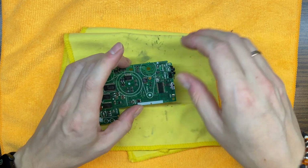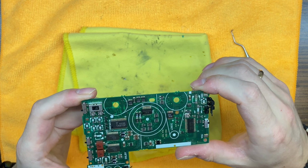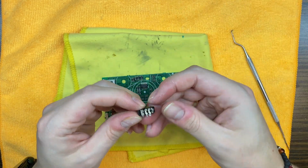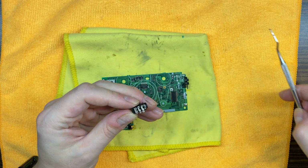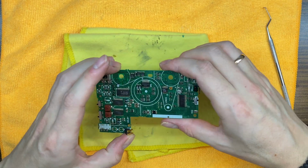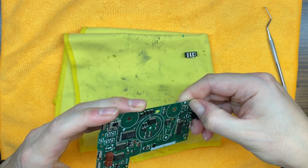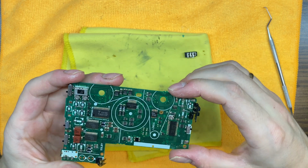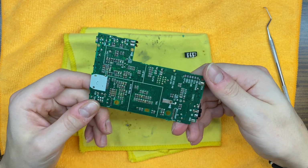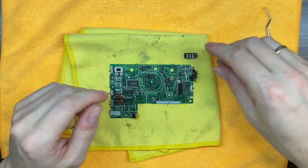Okay, so we have cleaned the pads and prepared for new capacitors, but we have a problem with this jack because this contact is just corroded off. I think that's it. Okay, so let's prepare the necessary capacitors and we will start soldering, but before that I will